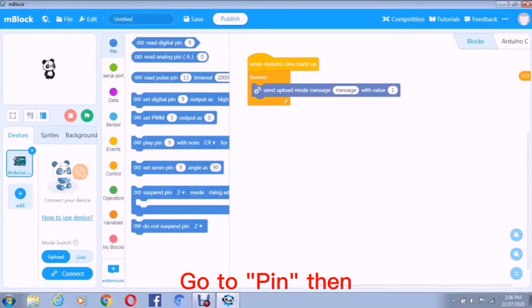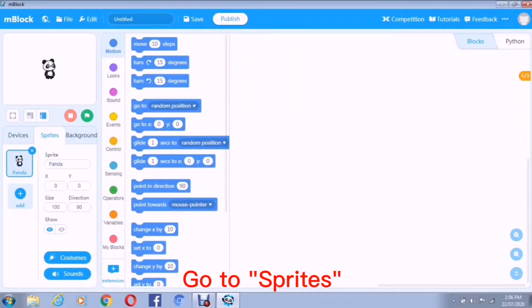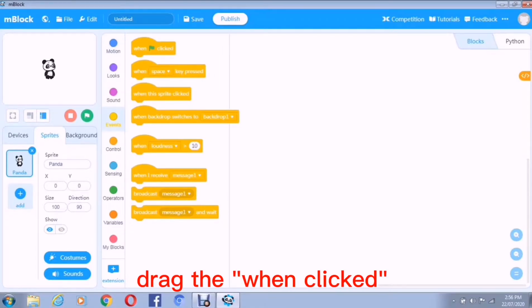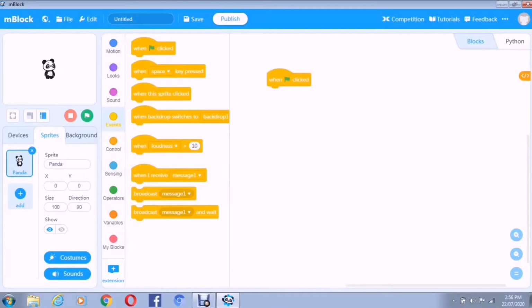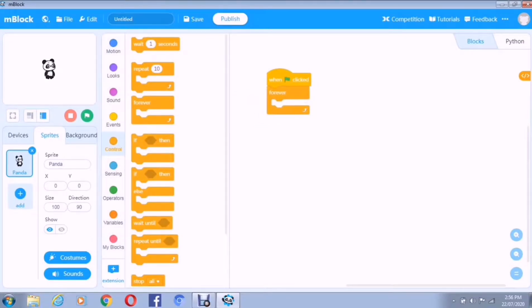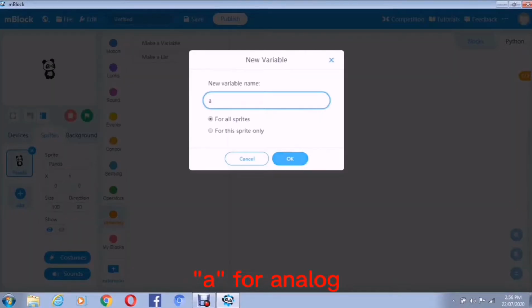Go to Pin and then go to Read Analog Pin A. Go to Sprite, go to Event and drag the when click. Go to Control, select forever, and go to New Variable, make a new one, A for analog,